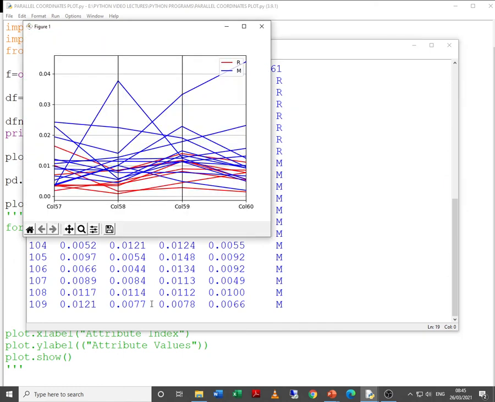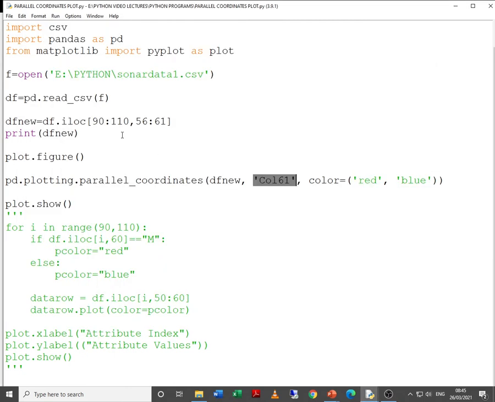I am just printing the output of dfnew. Almost similar output we get, just that the attributes have a single vertical line as well, but depending upon the number of rows or columns that are taken, here I think I have taken the reverse color, that is why the graph is coming in a different way.